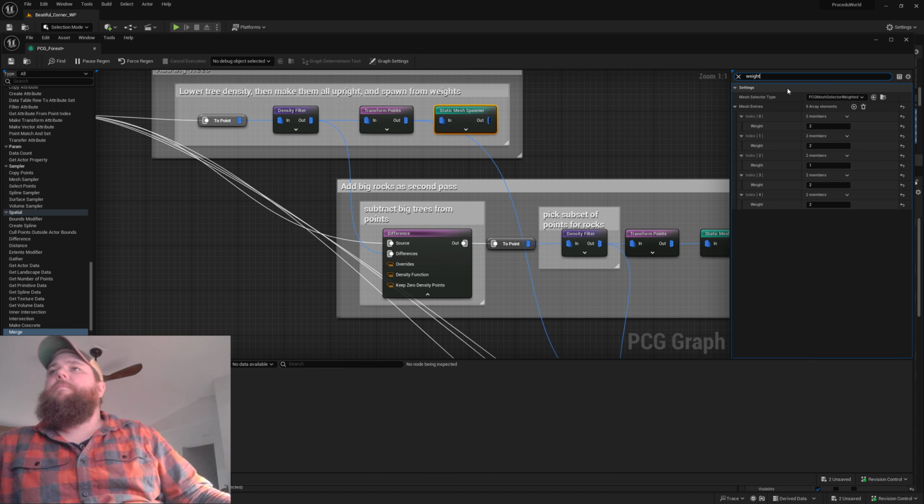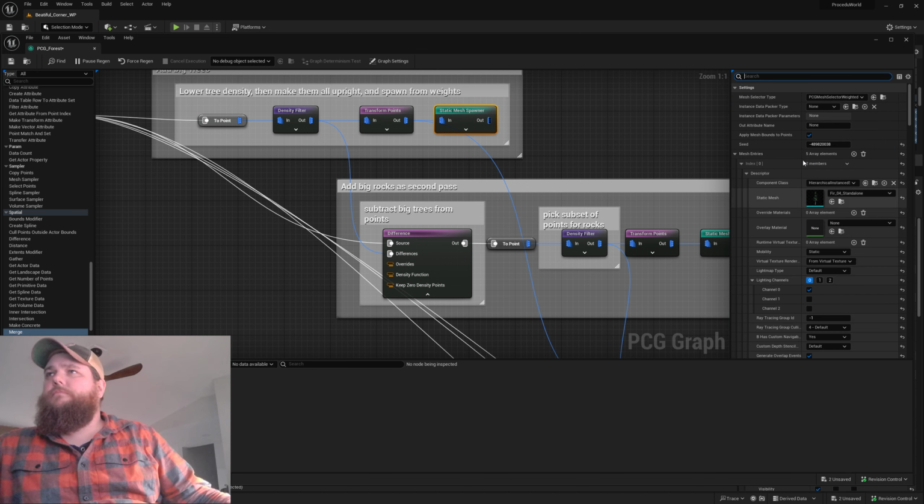This is like a dead tree, so I've gone ahead and said dead trees are less common than live trees, but I still want to have some dead trees, and so after I did that,